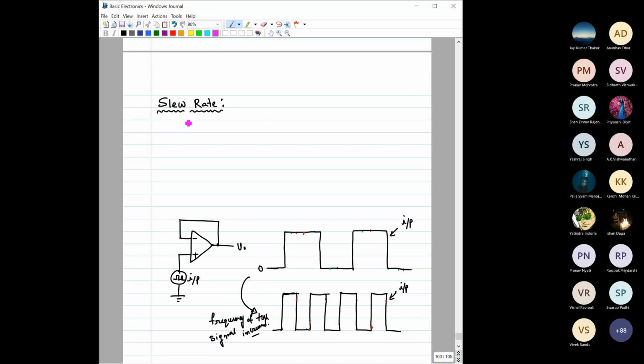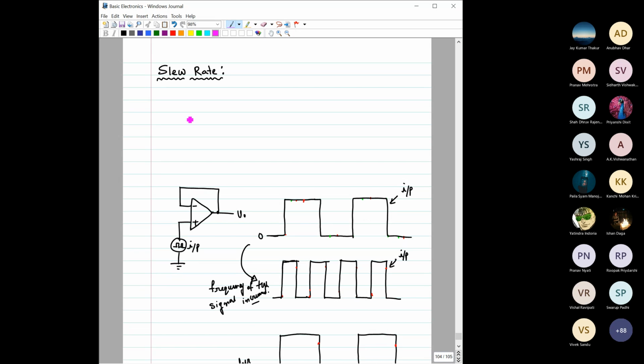Okay. Here is another very interesting thing, called the slew rate of an op-amp. So what do we mean by slew rate? First, let me write this. Slew rate is basically